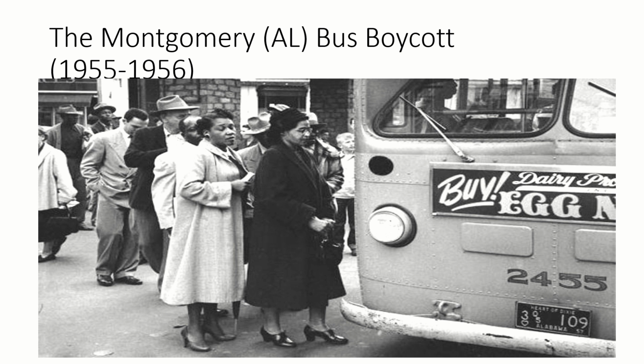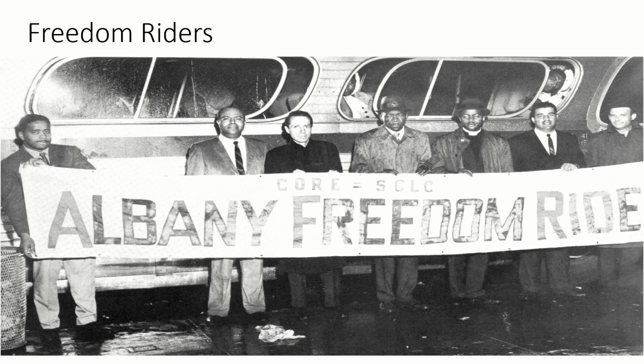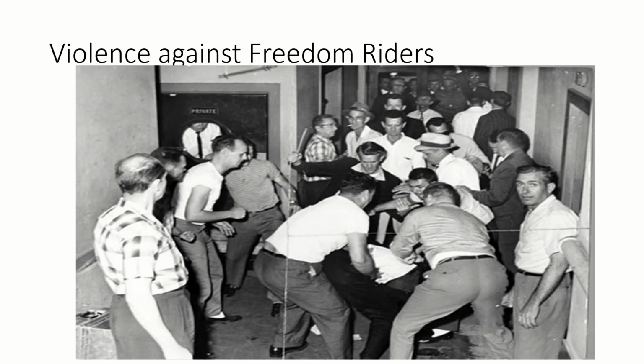A very famous example of civil disobedience is the Montgomery bus boycott, a nonviolent organized effort for people to stop riding the buses in Montgomery that actually successfully pushes the city to integrate the buses. Also the Freedom Riders, who were people who rode buses across state lines to prove that segregation in the buses was illegal. They too were willing to peacefully break the law even when violence was done upon them. And at many stops along the way, these Freedom Riders who are riding buses around the South are going to be jumped as soon as they get off of the buses.